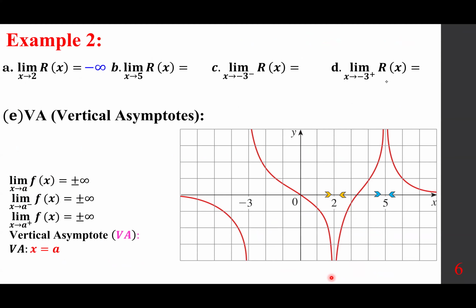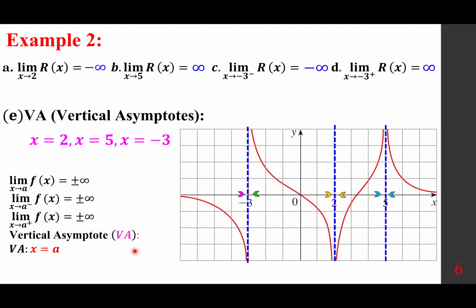For 5, both sides go up to positive infinity. But negative 3 depends on whether we are coming from the left side. Negative 3 from the left takes us down to negative infinity, and from the right up to positive infinity. And therefore, according to this,